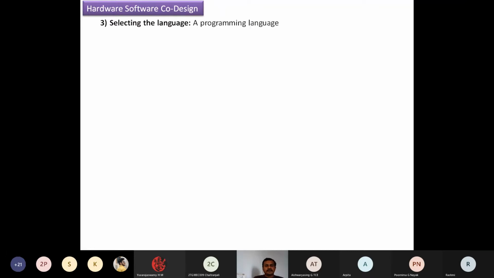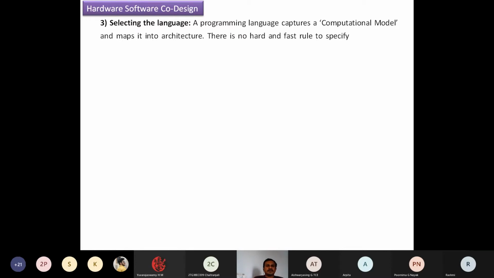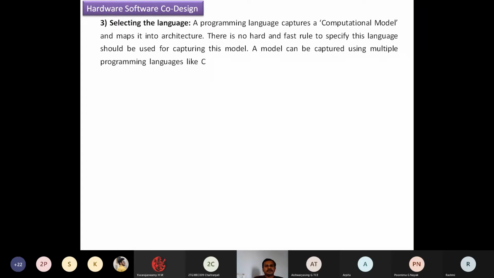Selecting the language. Obviously it is a general discussion of what we know about the languages. Obviously there are high level language, assembly level, and machine level language. The machine level language is complex and not understood by human beings. So the programmers concentrate on high level language or assembly level languages while designing the software part, or it may be firmware.